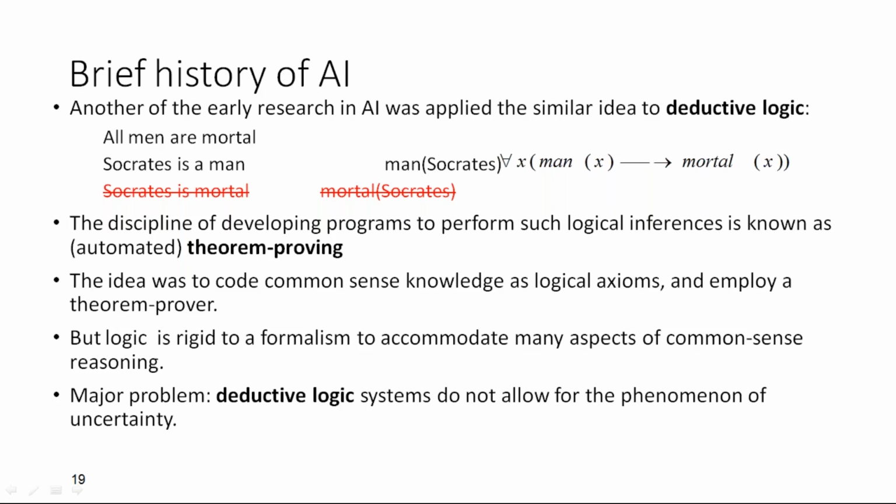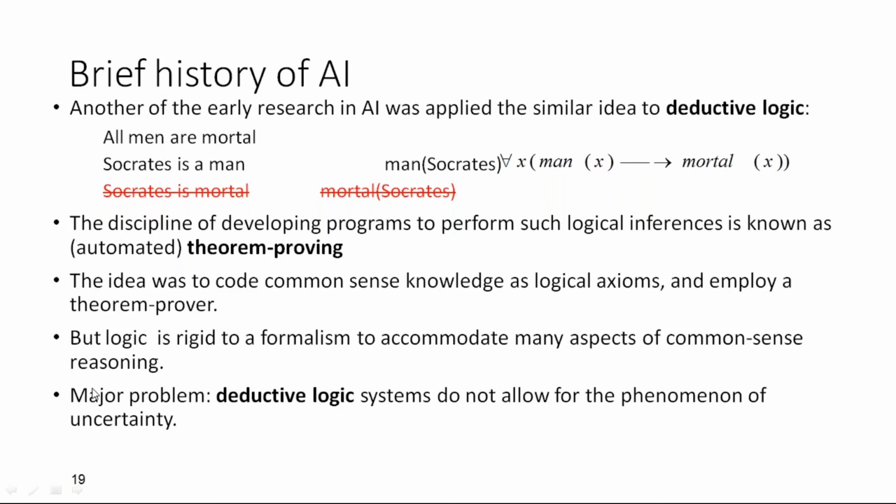we make a statement. We already have a rule, and we just check the validity of the statement which I made. For example, if I make a statement like all men are mortal and Socrates is a man, then my system should be able to deduce that Socrates is also mortal. The same thing, when represented using first order logic, translates in this form. So this is called theorem proving.